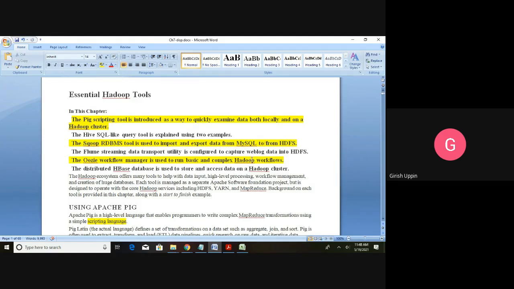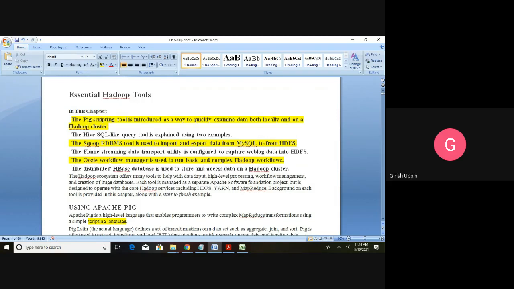The example given here is getting weblog data into HDFS. Weblog is what? Whenever web servers are working, continuously they will be logging information into that log, right? If you want to know the status or health of the web servers or any kind of information you want to track, normally we mine those logs and get the information. So we can use Flume to get that weblog data into HDFS, and on top of that you can run analytics.